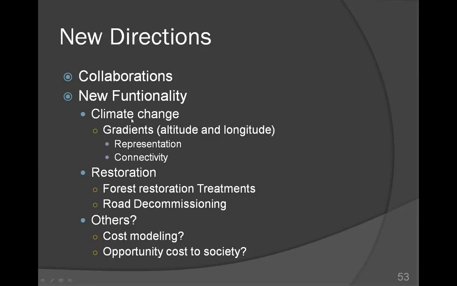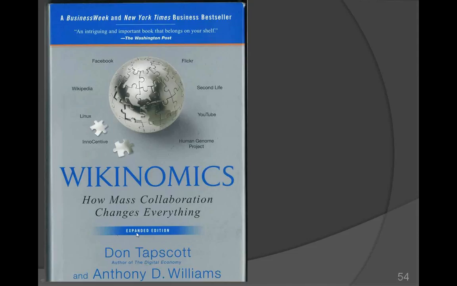Some of the new functionality issues that we've been looking at in the collaborative are looking at adding climate change to it. I'm going to be focusing most of my time on looking at adding restoration angles to it. And there's all sorts of other angles that we can be adding to it, and looking at different ways of